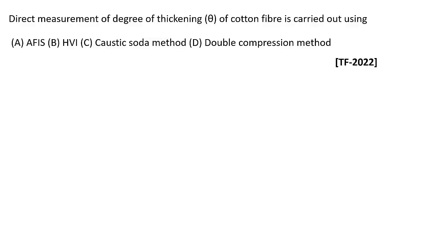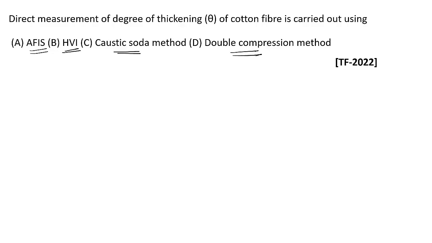Direct measurement of degree of thickening of cotton fiber is carried out using AFIS, HBI, caustic soda method, double compression method. If you have read about these, the measurement of thickening is also directly proportional to the maturity ratio, in which we calculate the maturity ratio of cotton fiber. It is 0.577 m. So if you have read, then you should know these